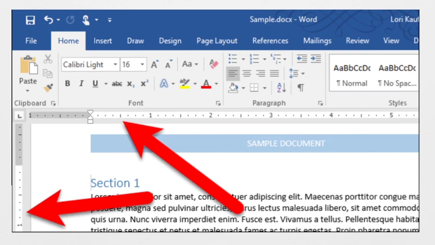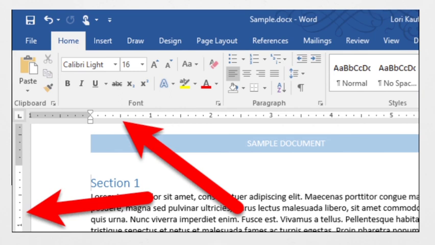You can see in the vertical ruler, both top and bottom have some shaded part. Bring your mouse pointer over that shaded part, and you will see your mouse pointer change into a double-headed arrow, which has two heads.